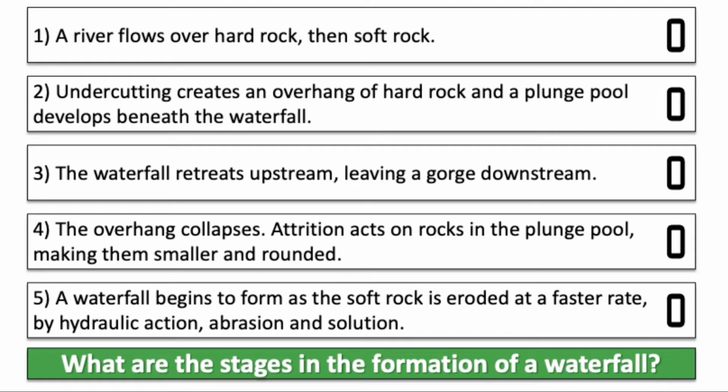The waterfall retreats upstream, leaving a gorge downstream. The overhang collapses. Attrition acts on rocks in the plunge pool, making them smaller and rounded. A waterfall begins to form as the soft rock is eroded at a faster rate by hydraulic action, abrasion, and